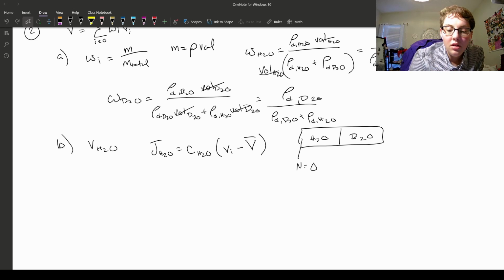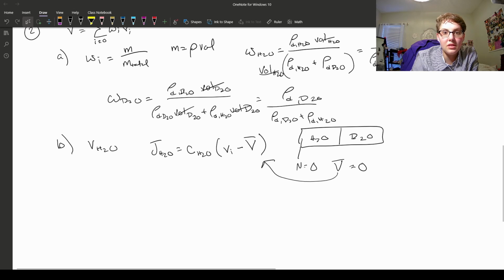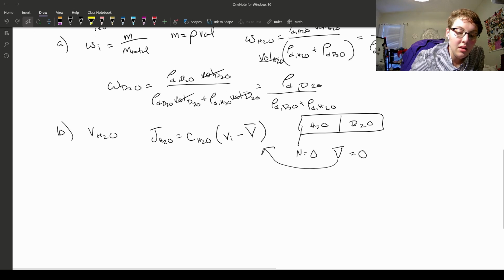equilibrium. Knowing this, we also know that the total molar velocity will be equal to 0, and that allows us to remove this molar velocity from the equation, leaving us with just the molar diffusive flux is equal to the mole concentration of H2O times the velocity of H2O. Should be H2O. And we already know this